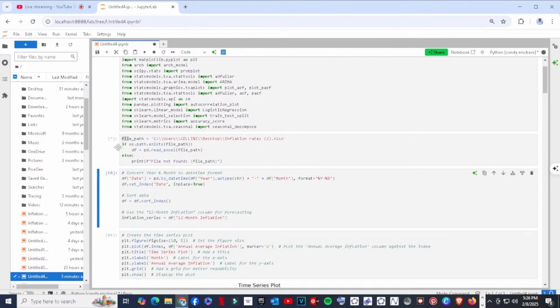So that second command that I'm reading, it's loading as well. It's where I'm instructing the machine to check if this file named inflation rates in bracket 2 exists in the file path. And more particularly, we are asking it to read it in the data frame, and it's an Excel sheet. And in the event that it scans and fails to find it, it should print out file not found.